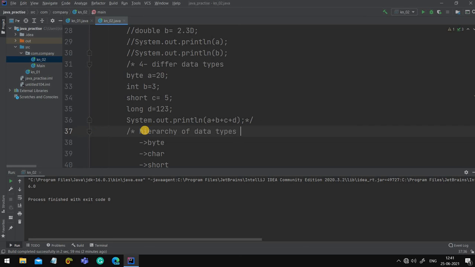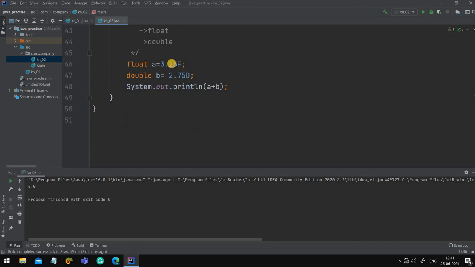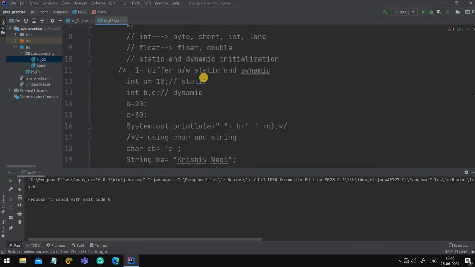This is the one. And at the end we have used this very important point, that you should write f and d respectively in front of float and double. This should be remembered by you.